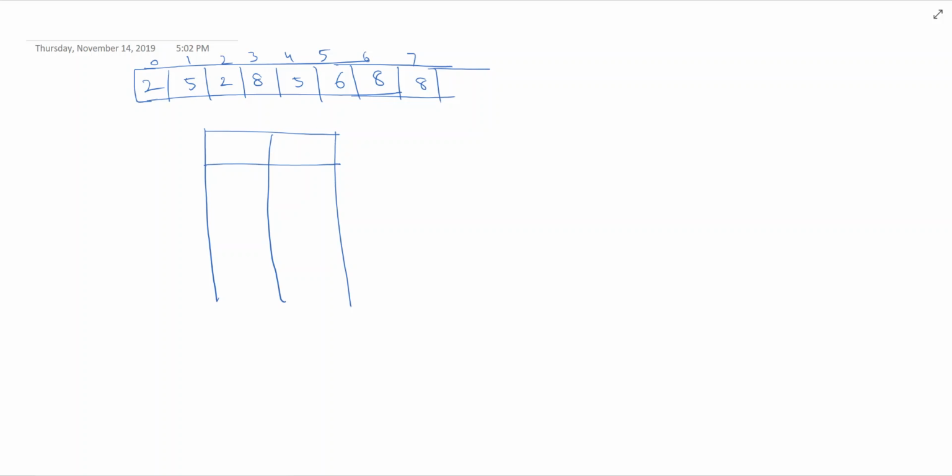We need to print the array in such a way that the order of the elements in the array should be in the decreasing order of their frequency. So in this case, 2, 5, so or decreasing, we need